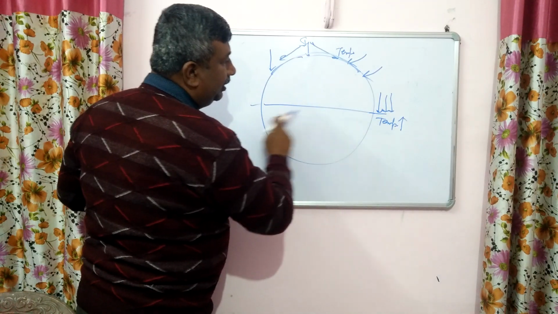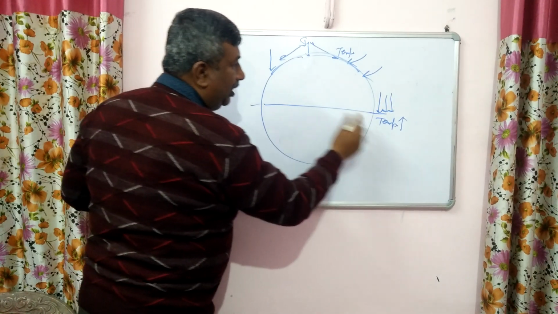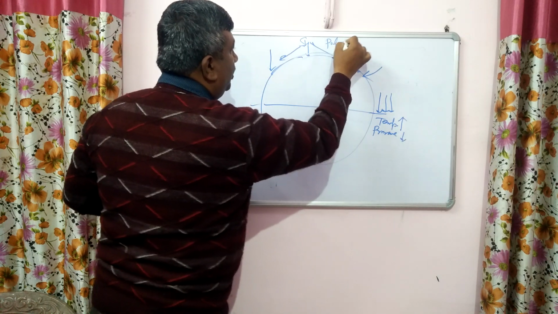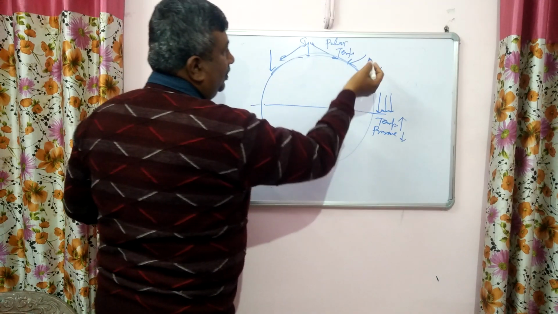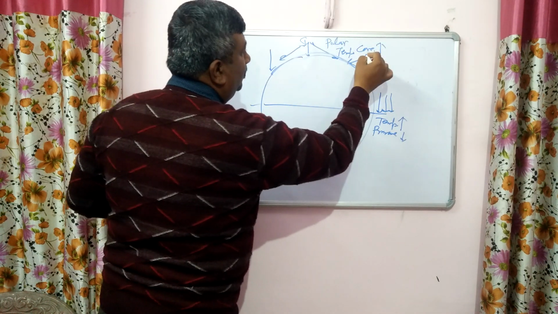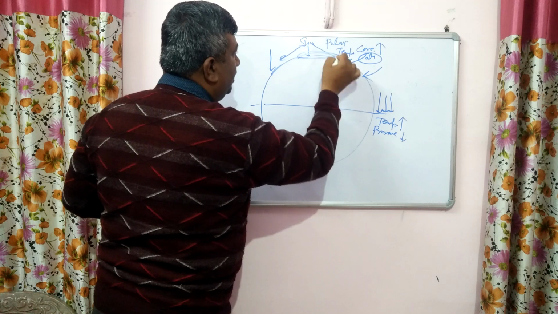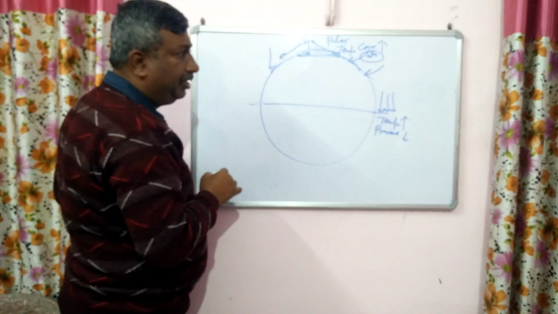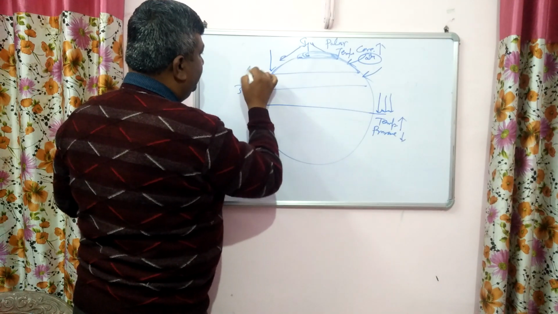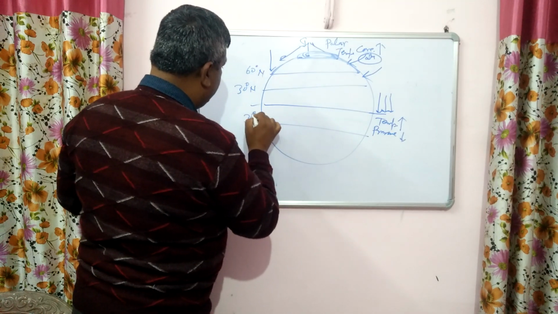So here temperature is high, so air will move upward, so air pressure will be less. And at the polar region temperature is already low, so concentration will be more, and atmospheric pressure, if we talk about per unit area, will be more. So here high pressure will be built up, and other pressure belts also develop at 30 degree and 60 degree, north hemisphere and south hemisphere. We will discuss later on how it takes place.